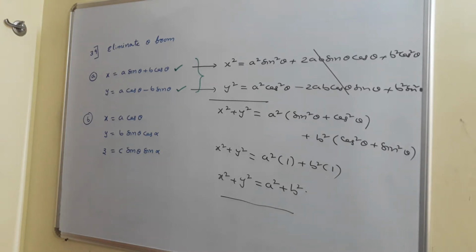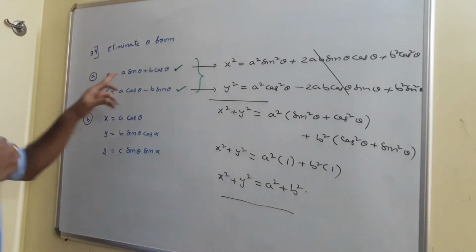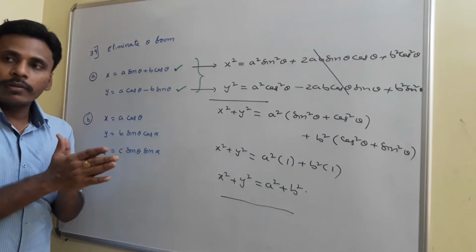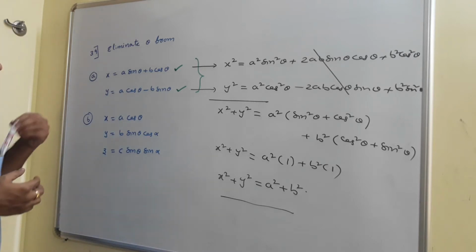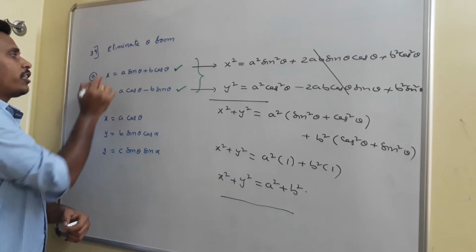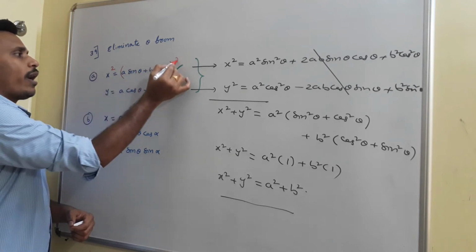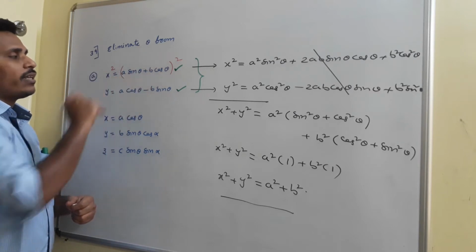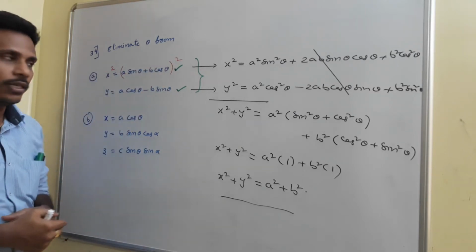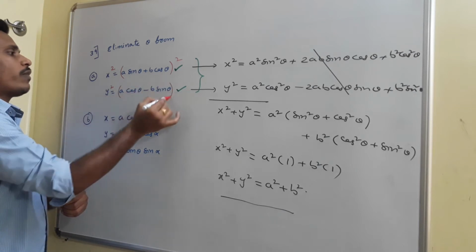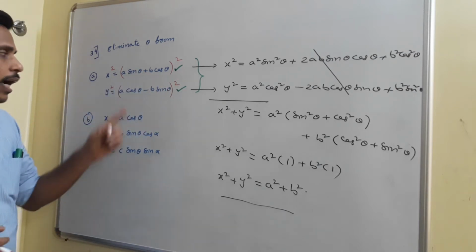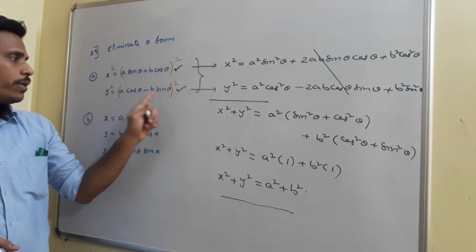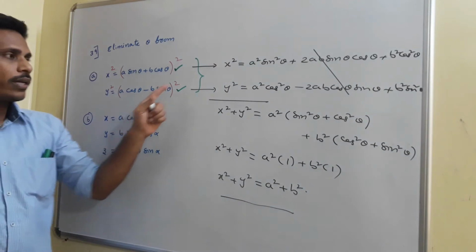Once again, look there. The given problem is x is equal to a sin theta plus b cos theta, y is equal to a cos theta minus b sin theta. The problem is asking us to eliminate theta. That's why you just square on both sides. This is the given relation. Take square here and take square here. Then x square is equal to a square sin square theta plus 2ab sin theta cos theta plus b square cos square theta. Similarly, square this also. y square is equal to this expression whole square. And by the basic identity, this is a square cos square theta minus 2ab sin theta cos theta plus b square sin square theta.